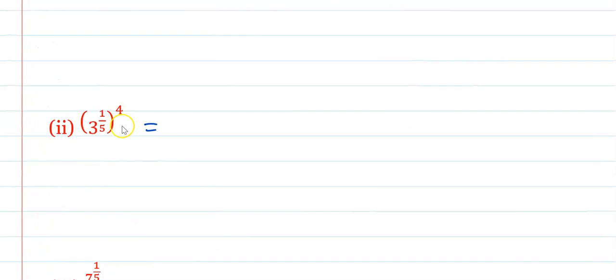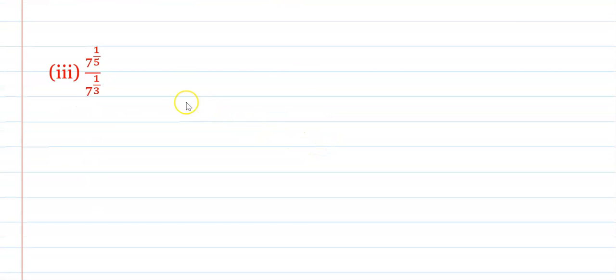What about the next? That is the power to the power, then the multiplication of this power, 3 raised to 1 upon 5 into 4, and that's equals to 3 raised to 1 by 5 into 4. 1 into 4 is 4 upon 5. Okay. Now the next example,